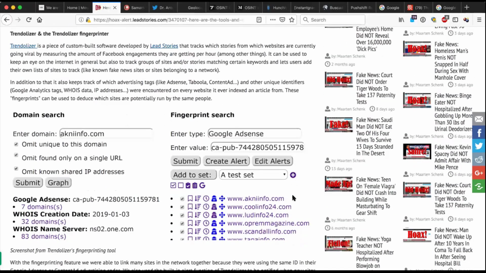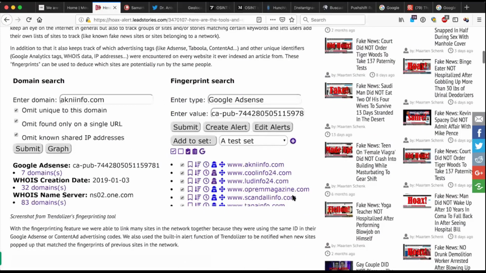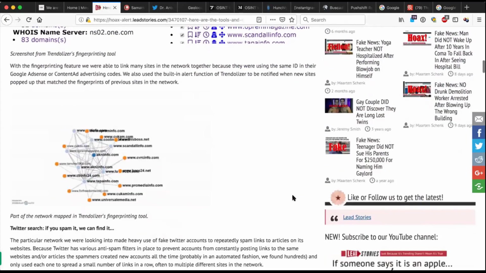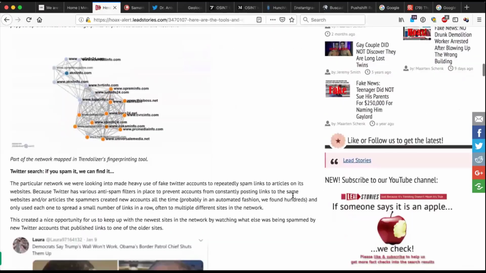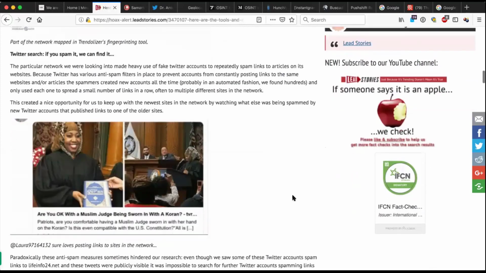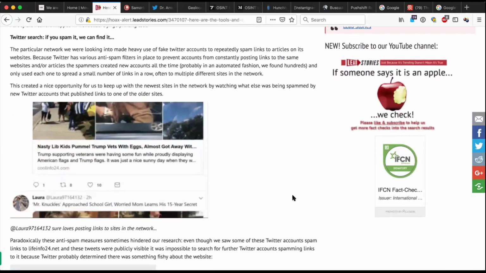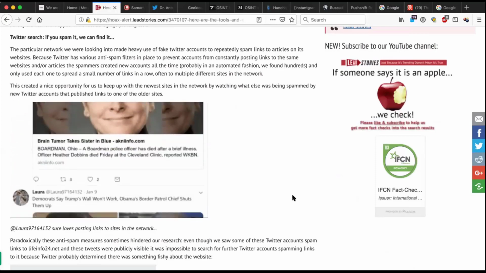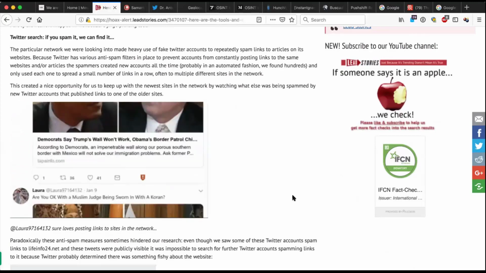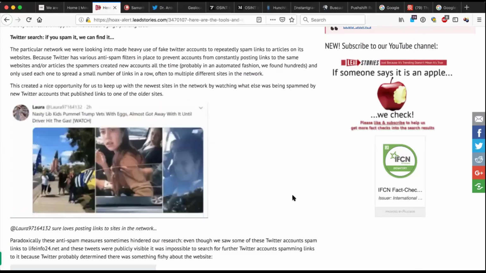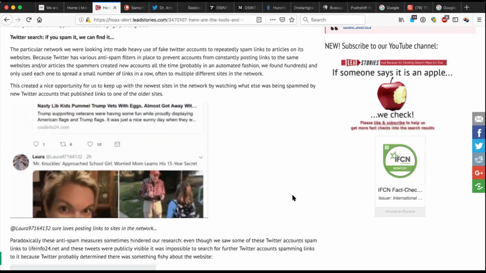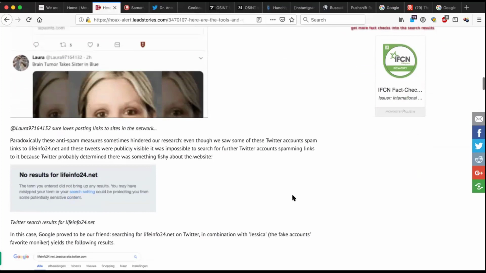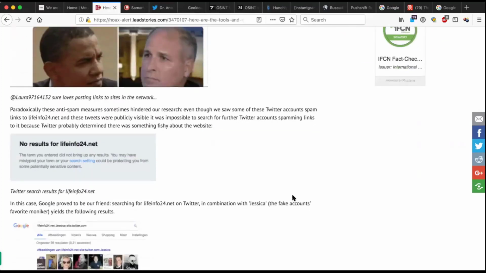He used Trendalizer and used a Trendalizer fingerprint search to help him identify advertising networks, that sort of thing. He was able to link different sites together based on advertising networks. He went to Twitter search. What he found in Twitter search, though, he's looking for the people who are retweeting the specific articles he thought of were his kind of target articles. And sometimes he was able to get those retweets, but sometimes he found that Twitter already identified that they were spam and banned them. So when he found that they were banned, Twitter's getting a little bit smarter on this stuff, right?